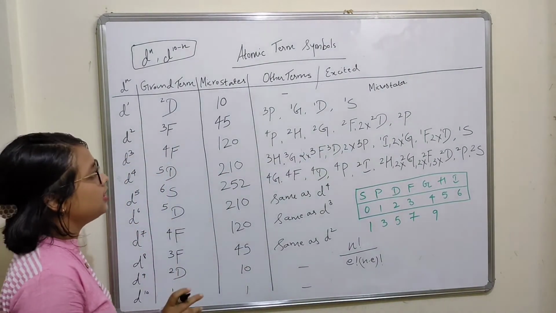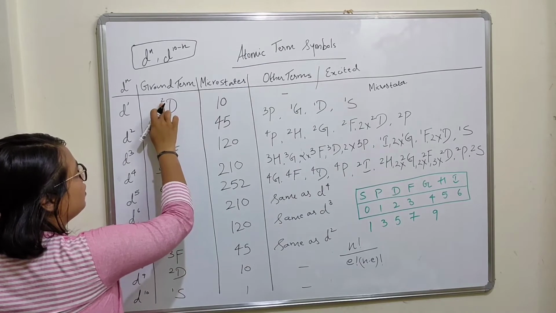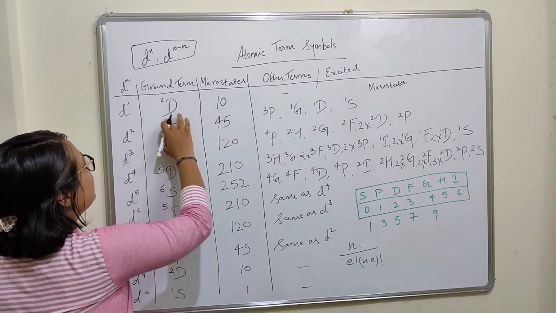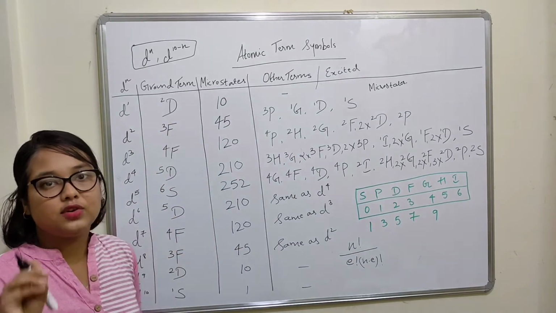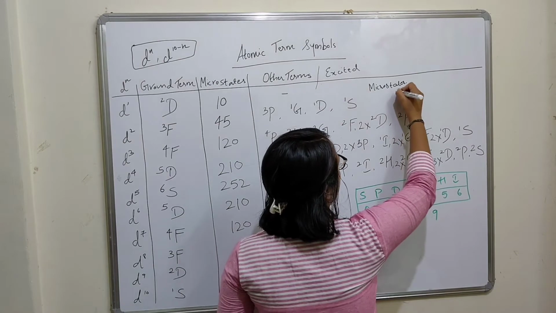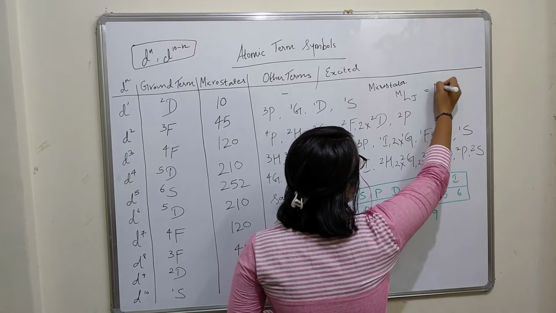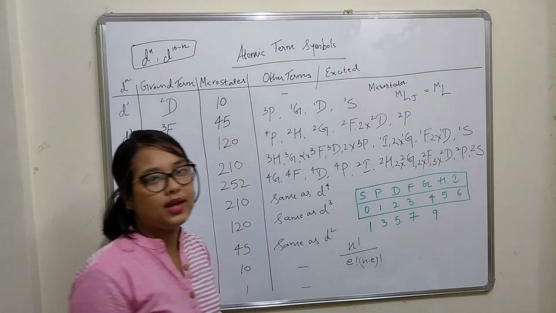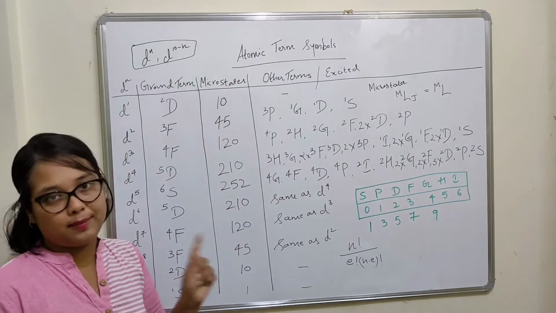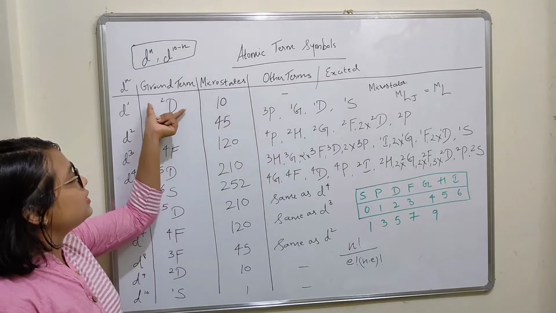It's very simple. You only have to multiply your M value, that is your 2S plus 1 value, with the number of orbitals present for that particular L. What was your atomic term symbol? M, L, J. J we are not considering, so we simplify it to M and L. Your number of microstates basically depends on your M and L. So you simply have to multiply these values.